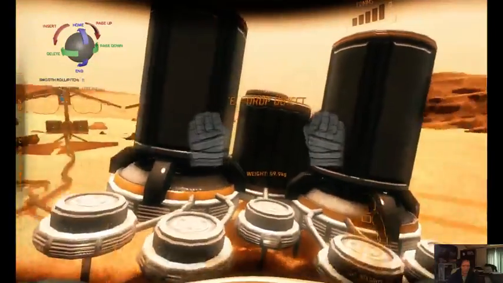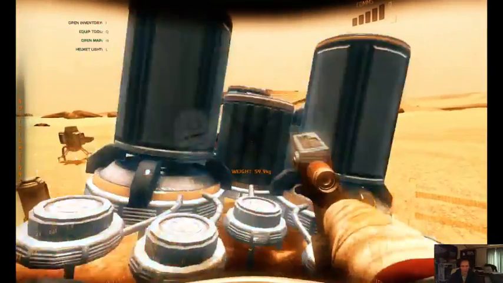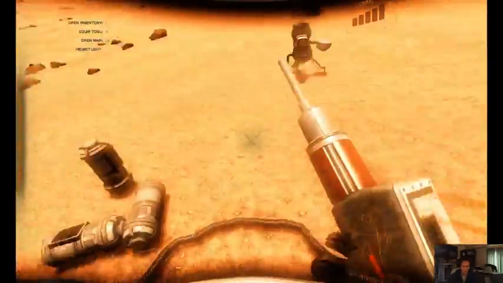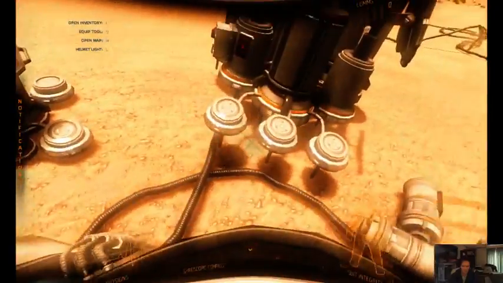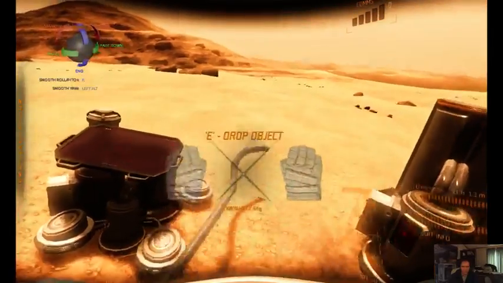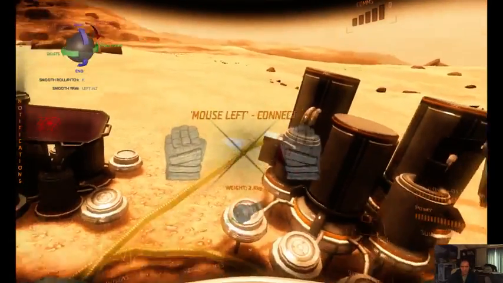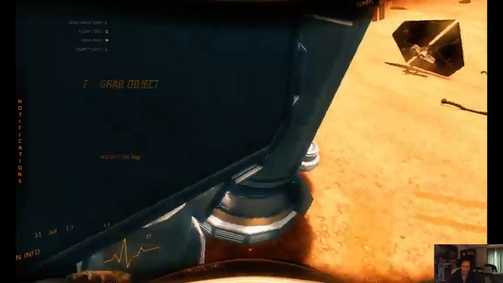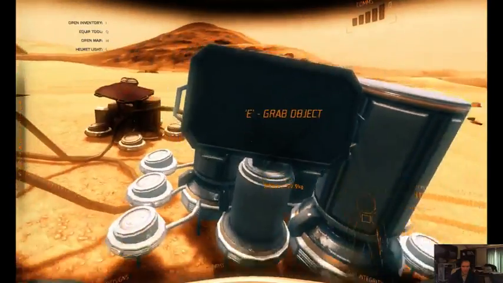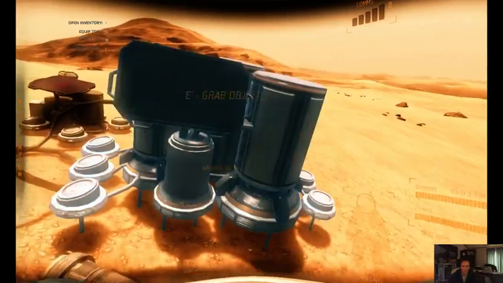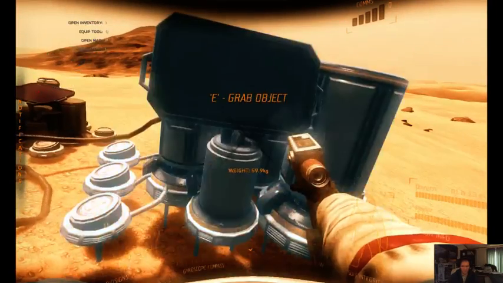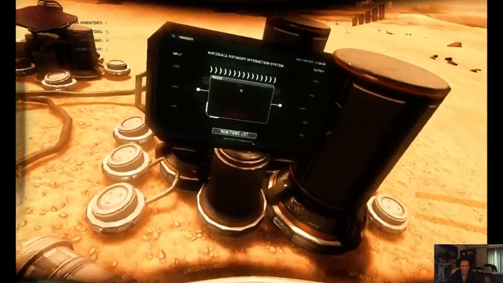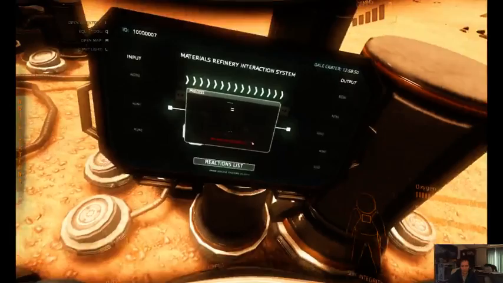This thing again. There's something that's not right. It's pissing me off. So for that to be working, it's got to be installed.